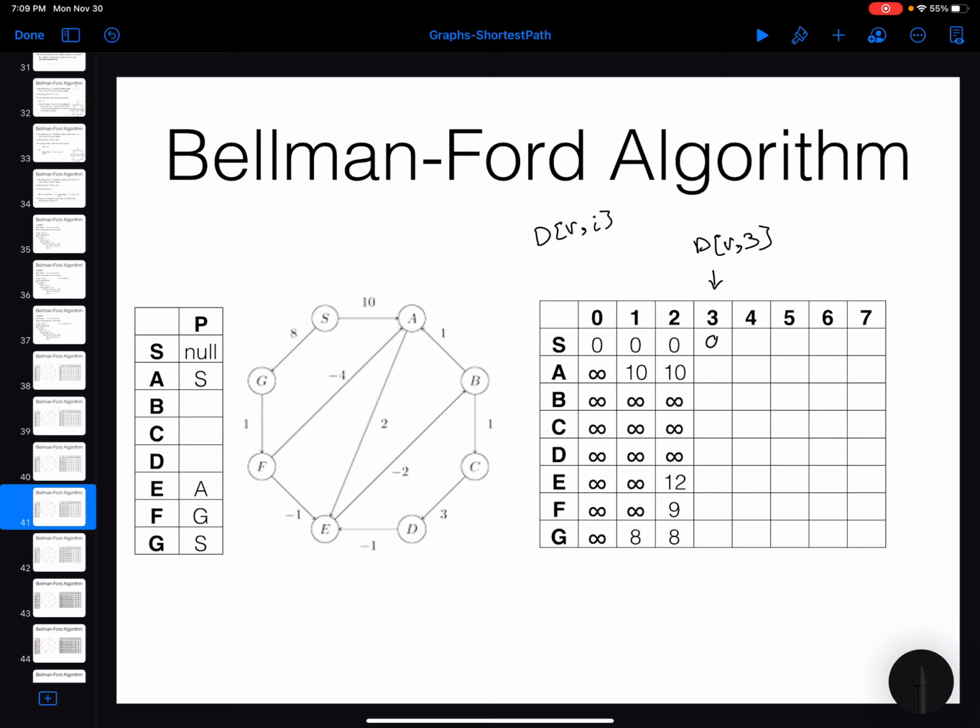Okay, so this is actually the nice thing about the algorithm. We are going to calculate the shortest path for A. There are 2 incoming edges for A. One of them is coming from S, so the cost of S and 2 plus 10, this is going to be 0 plus 10. This is exactly what you had before, but the other edge is this one. The cost of F